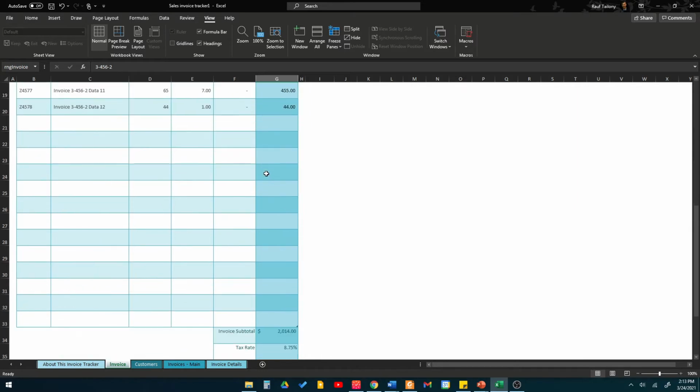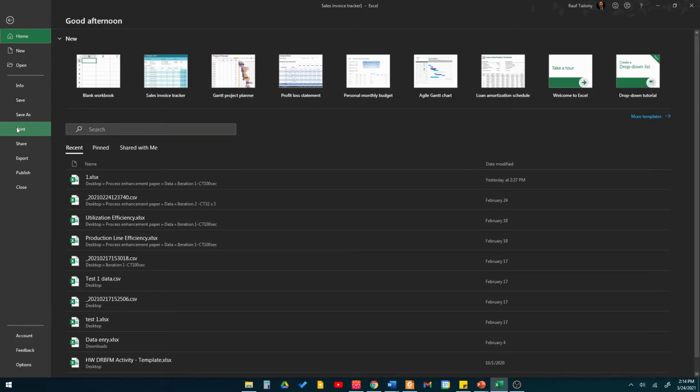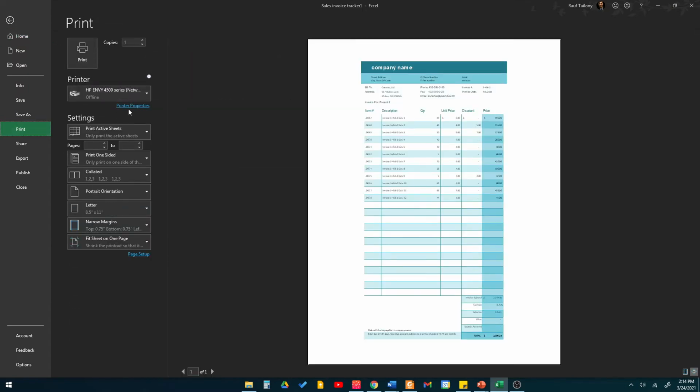When you finish working on your paper, now you want to print it. What you do is go to File, then Print. With doing that, you will see a lot of options for printing. Here you can see how many copies to be printed from that specific tab. Then you choose your printer, whatever active printer you have. And if you need more details about the printer, you can go to Printer Properties. You want it to be colored, you want it black and white, and all those details would be lying in